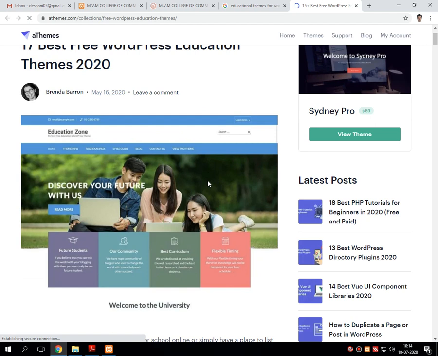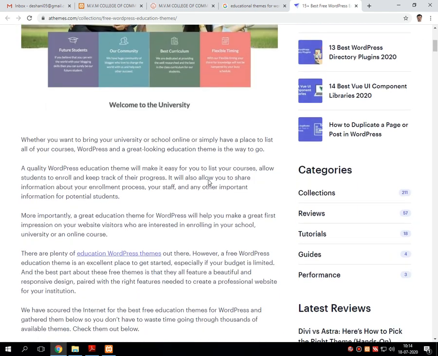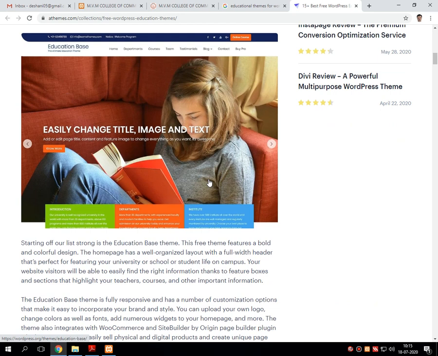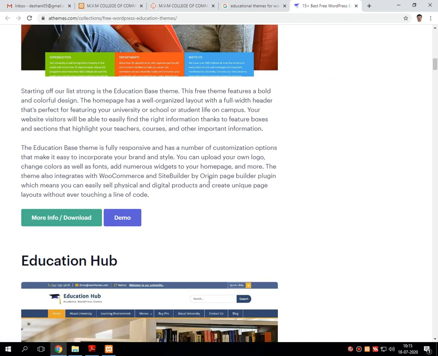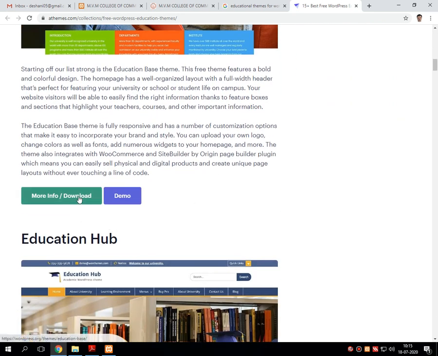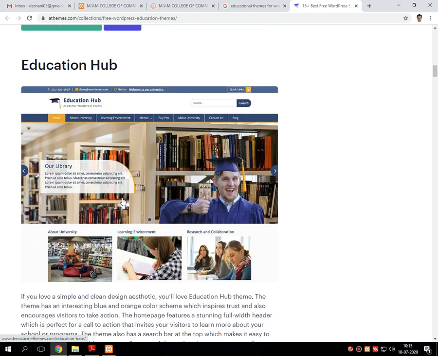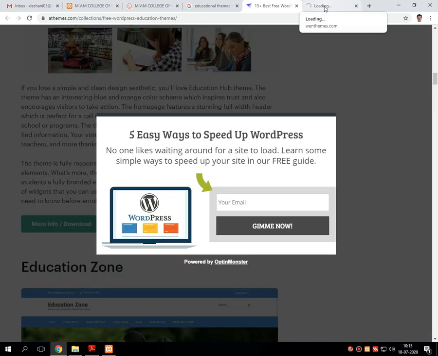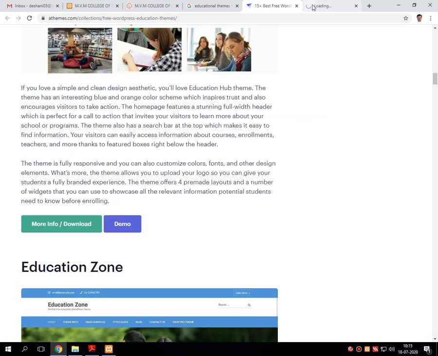That link will display educational based free of cost templates onto the screen, which you can directly download, or you can see the preview. Say for example, this one looks good. First I would like to see the demo of this particular theme. So I am clicking onto the demo.